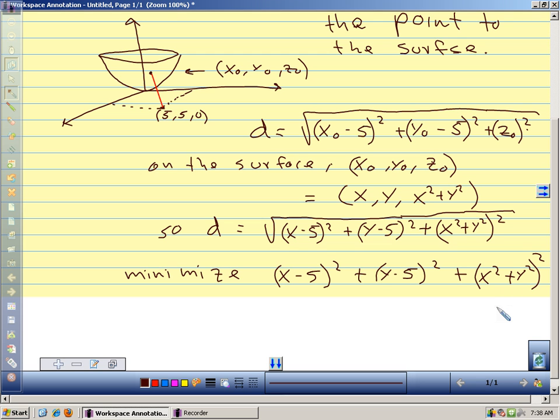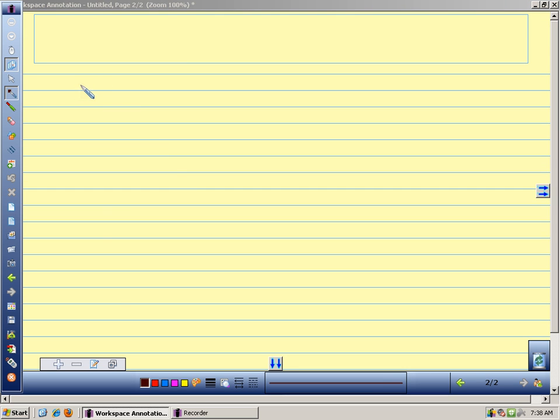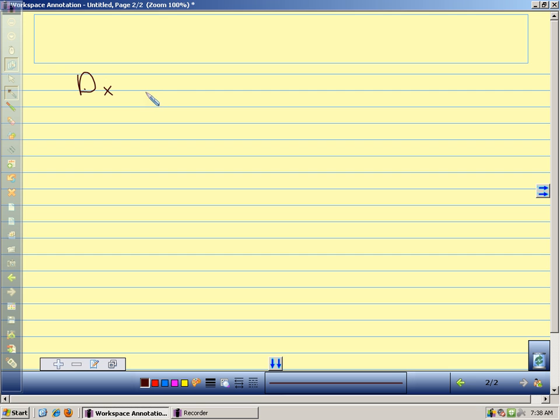So to minimize this, what do we need to do? We need to find our critical points. We need to find our first partials, figure out where they're 0 simultaneously, and find our x, y's, and z's. So let's find our critical points. I'm going to switch pages, but we're minimizing this quantity. So our first partials, we're going to minimize, I'll call it capital D, our distance squared. So D sub x is,